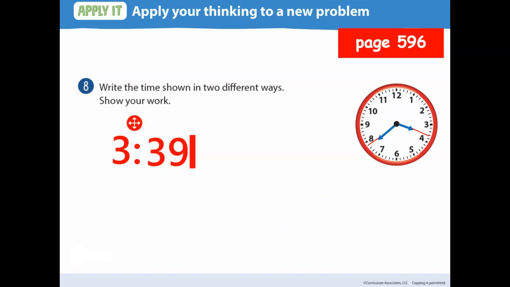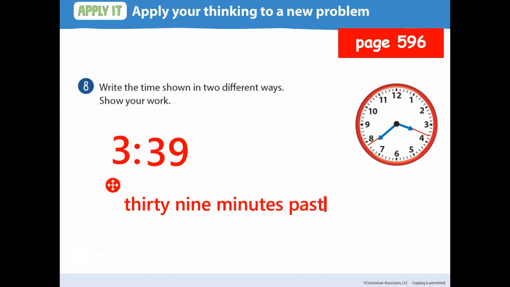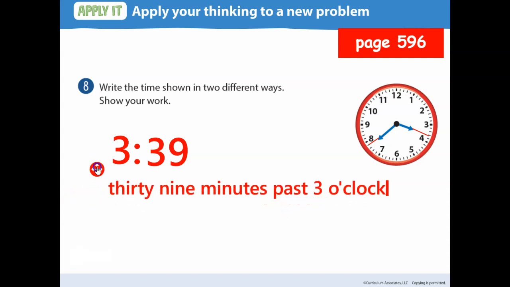So when it says to write it in two different ways, this is what they mean. Watch. How many minutes is it past 3 o'clock? It's right there. 39. So 39 minutes past 3 o'clock. That's what you said, right? Perfect. Another way to say that is